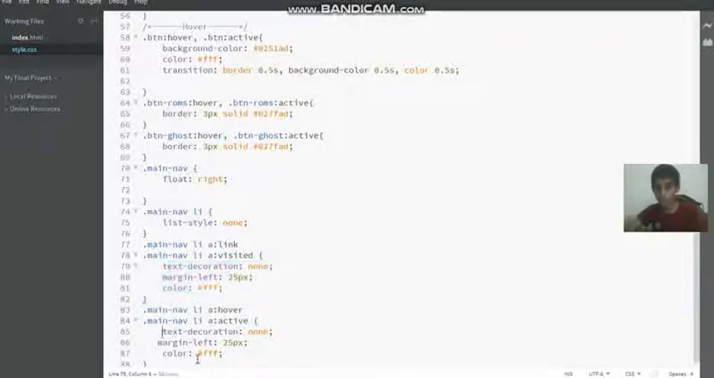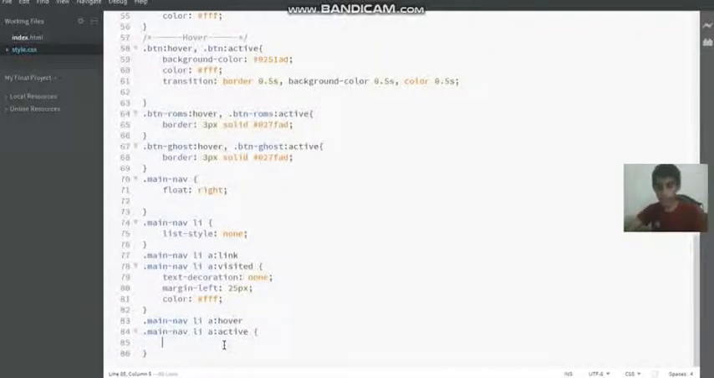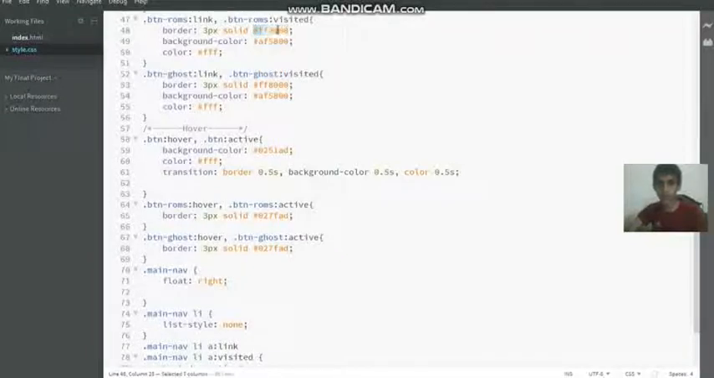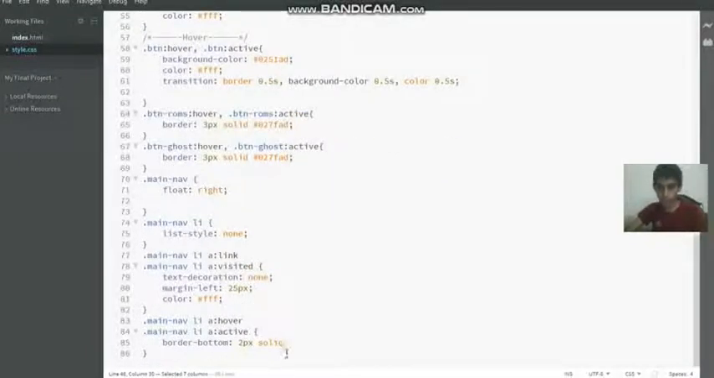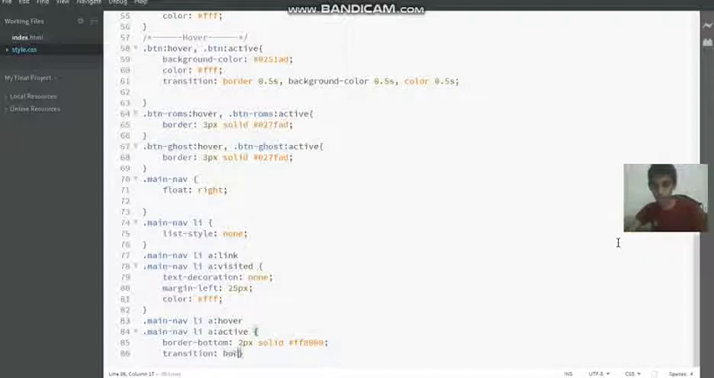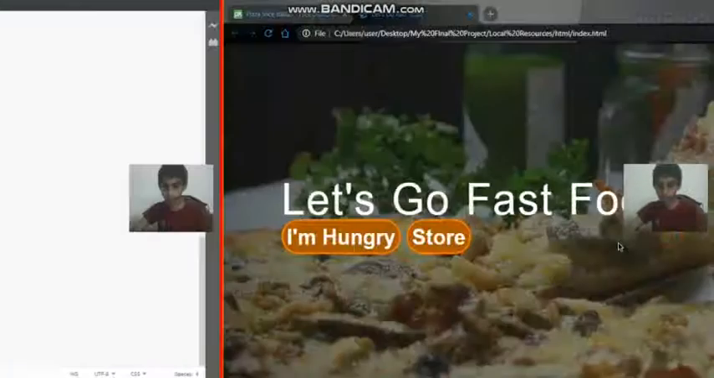Oh wait, no. You're going to be removing this thing, and you're going to be putting something like a border bottom. I'm going to be putting a 2-pixel border bottom. It's solid, of course. And I'm going to be copying the very first color, this color, and pasting it right there. Semicolon. Now we've got to put a transition. In this transition, it's only the border, so you're just going to write border 0.5 seconds. Semicolon, enter. So when you reload,